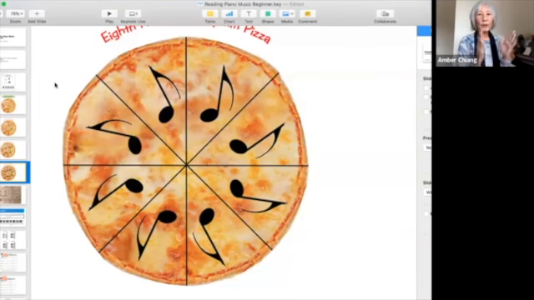So it'd be ba, da, da, da, da. If I were to play on the piano, the quarter note here and the eighth note here, we'd be going